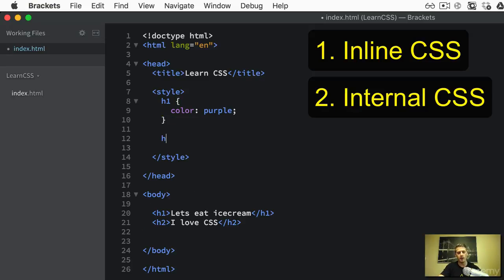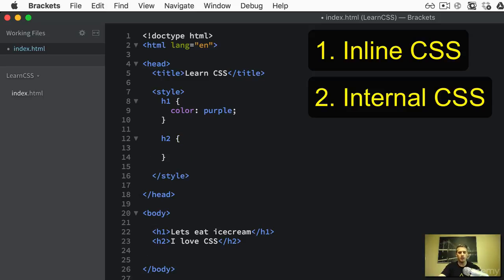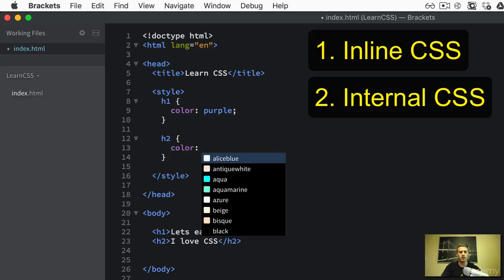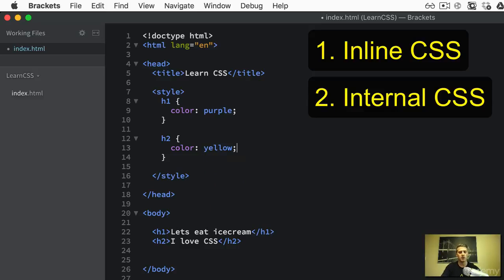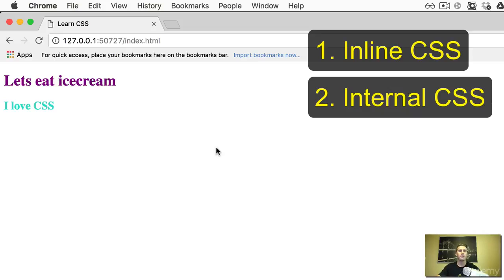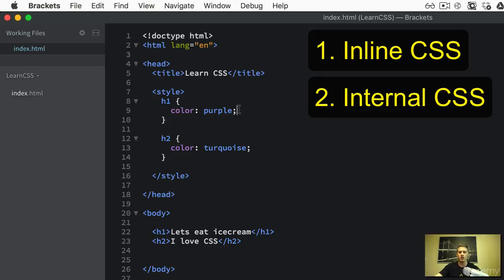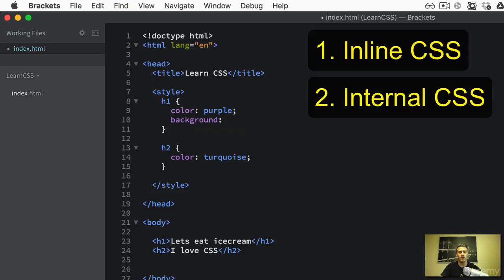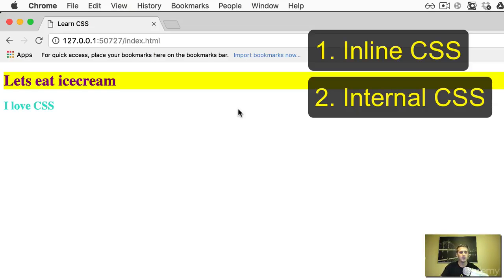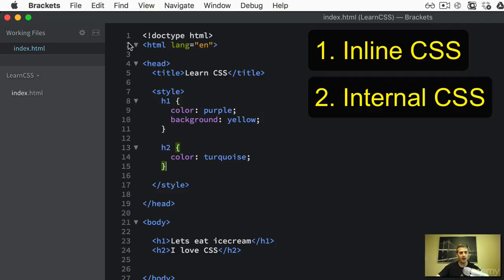And if we wanted to grab the header 2 element, we could add the color to be, I don't know, yellow. Okay, cool. Wow, you can't even see that. Let's change the color. Let's do turquoise. That's a cool color. All right, cool. That's better. So you can do things like that. Okay, you can go ahead and add a background. What goes good with purple? Yellow background might go good. Okay, and there is a yellow background. So that's some basic examples of how you can do